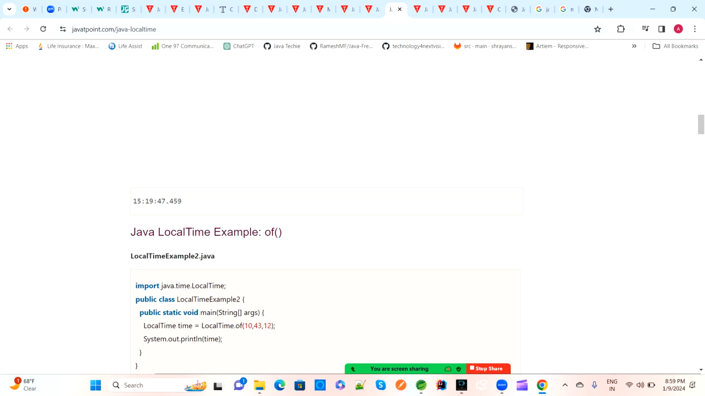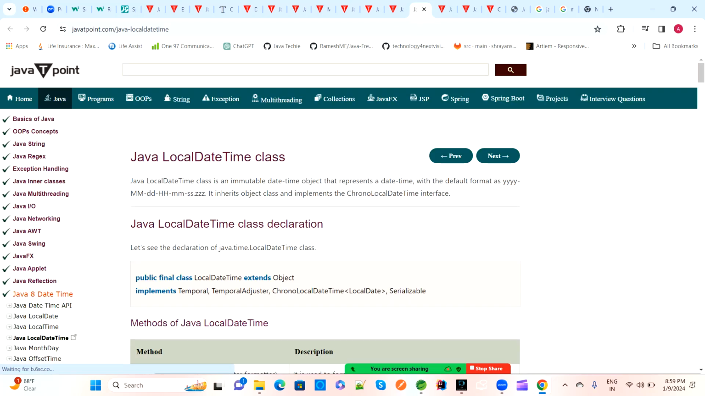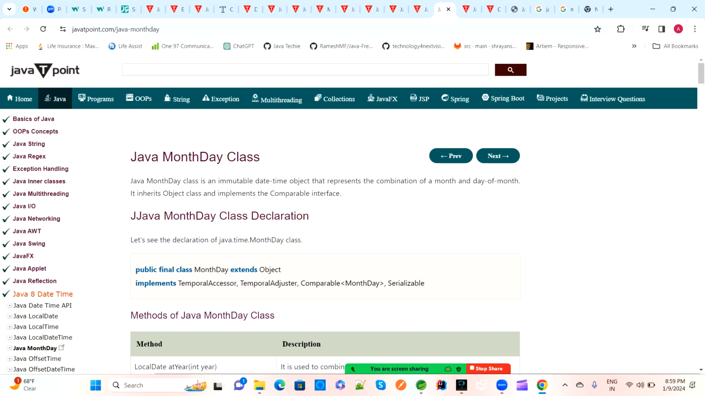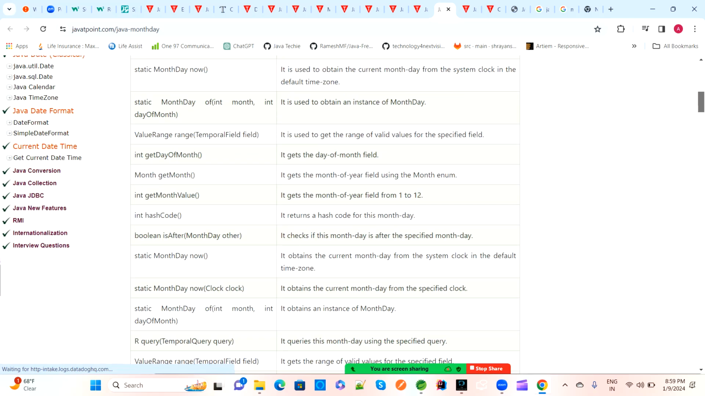So this way we can print. If you want a different method, then you have to use multiple classes. We have LocalDateTime, so this is also there. We have MonthDay as well. So if you want to print like this, the days,